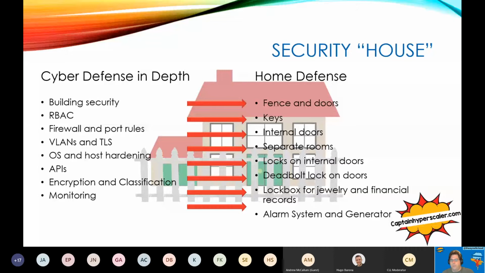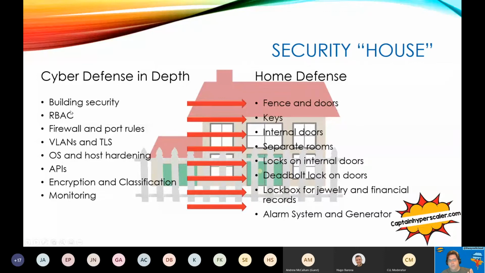And when you architect and build your house, you're thinking of where your external doors are going to be. How am I going to put security cameras up? Are my internal doors going to be locked? Am I going to have a safe for sensitive documents? And all of those things can be equated to how you think about cyber defense in depth as well,